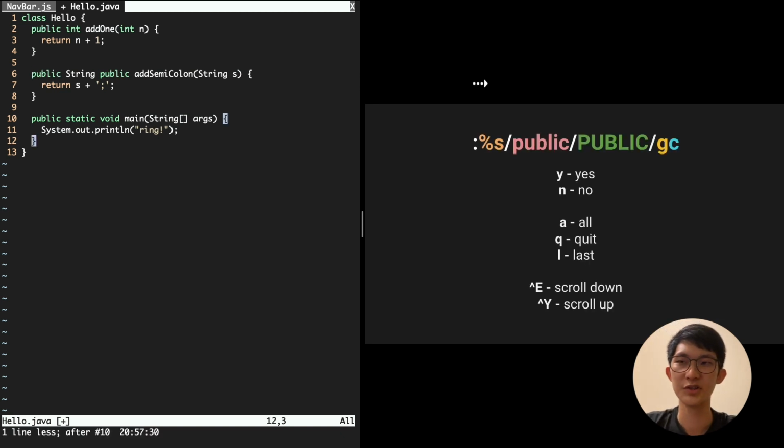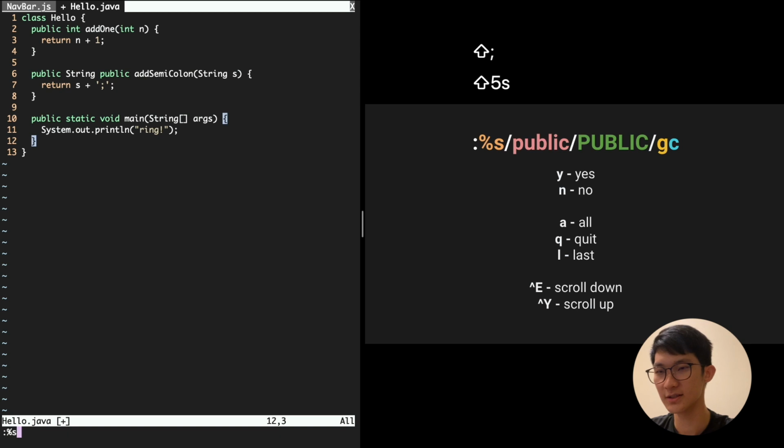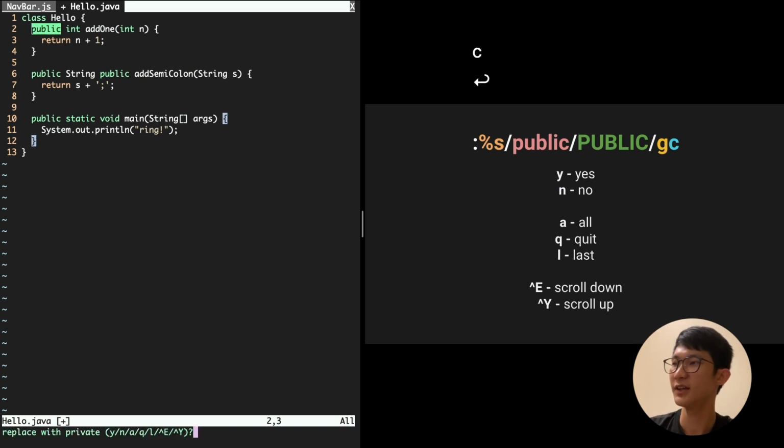One last variant that you might want to use is to add the C after the G. So the extra C here just stands for consult, which means that Vim is going to consult you on every change that it's going to make. So just to show an example, if I do :s, so throughout the entire file I want to replace all the publics with private and do this globally and please consult me. Then if I hit enter, you notice that at the bottom it says replace with private